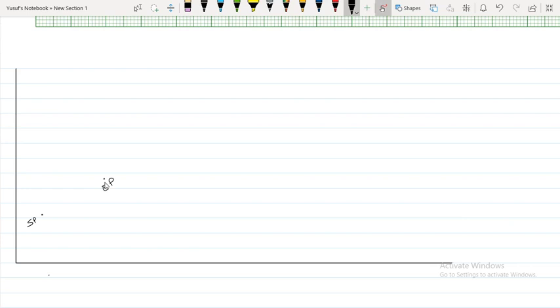If control point is 0, then you will get a straight line. 0 control points means we are not controlling the curve. That means we will get a straight line, a simple line. If control point is 1, suppose the start point, the end point, and we have only one control point, then the curve shape will be like this. If control point is 2, start point is here, end point is here, and we have two control points, control point 1 and control point 2, then the shape of the curve will be like this.